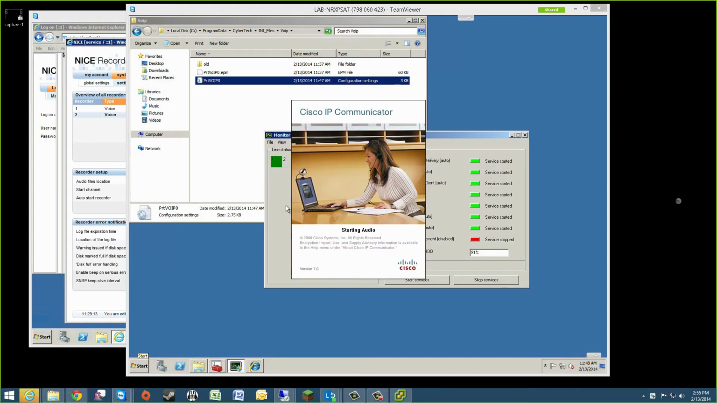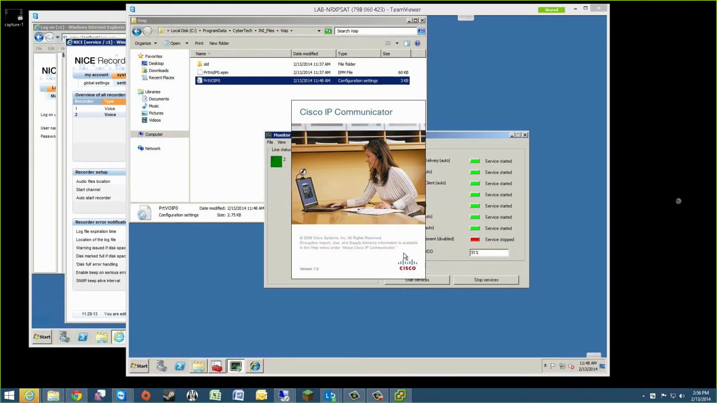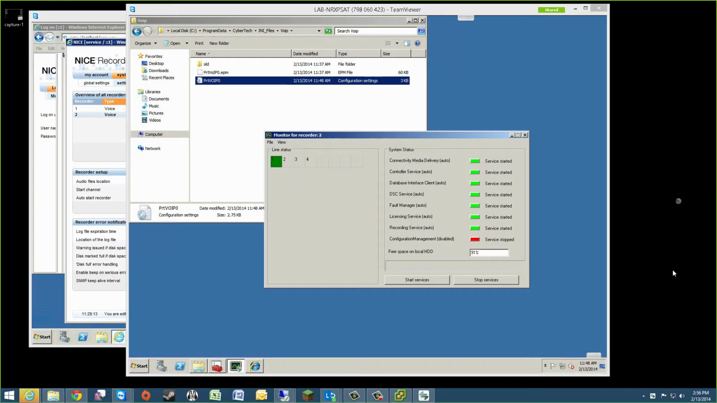So I'm going to bring up my IP communicator, and as soon as it senses IP traffic from that IP address on the span, the channel will turn green. So we know the span's working. So when we call that phone,